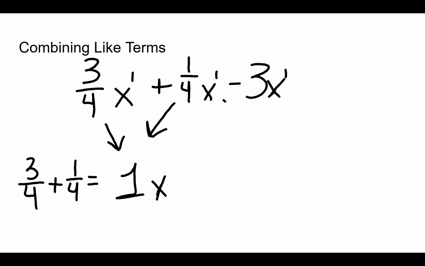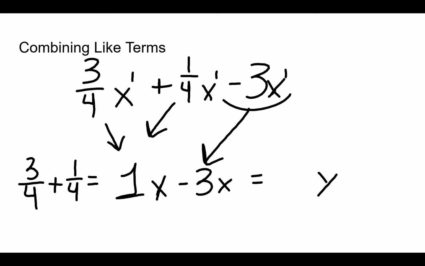Okay, and then we have this term left over. We have our negative 3x left over. So minus 3x. What do we do here? Well, we know what to do. We keep our x the same, and then we handle our coefficients. 1 minus 3 is what we're doing here. 1 minus 3, not 3 minus 1. It makes a difference. 1 minus 3 gives us negative